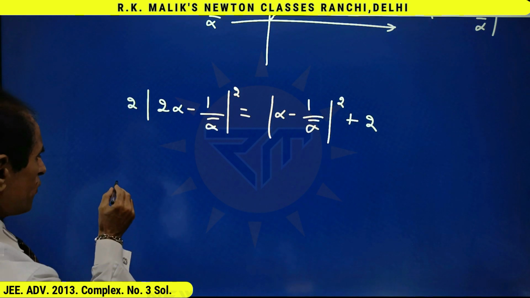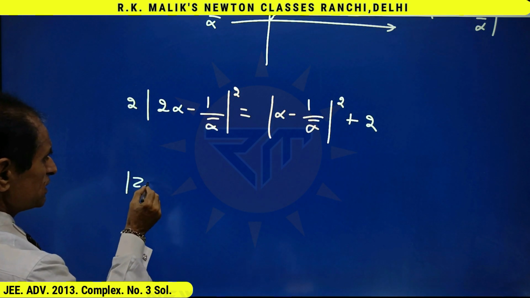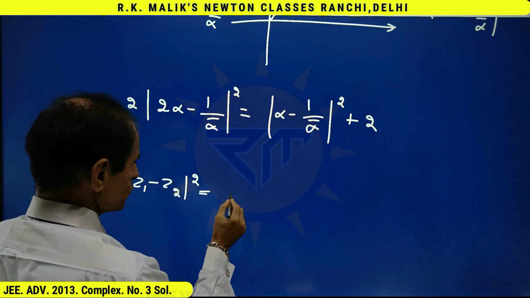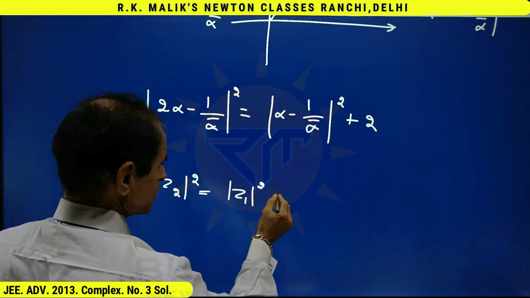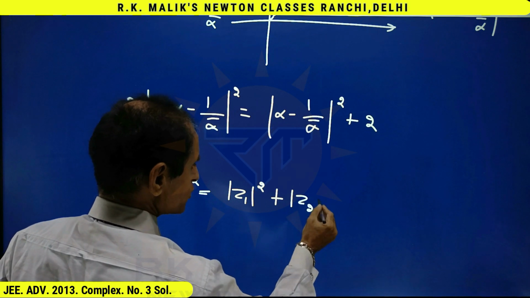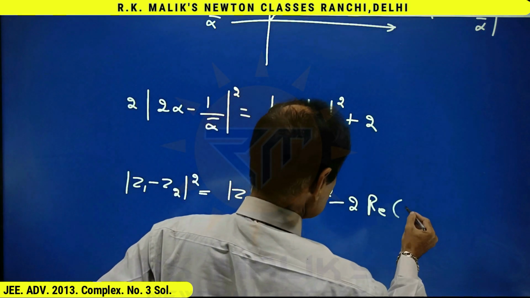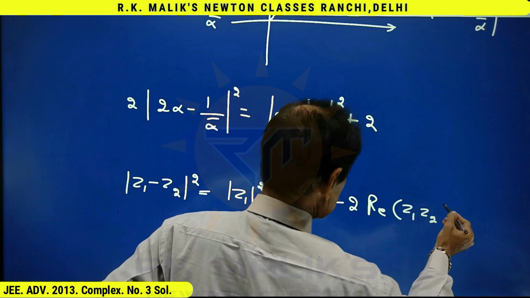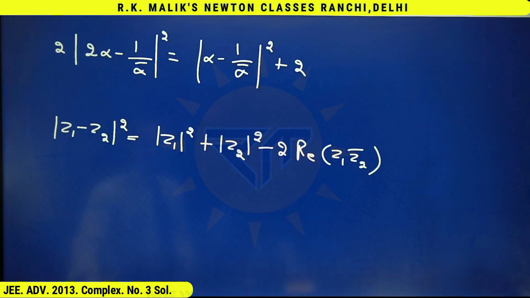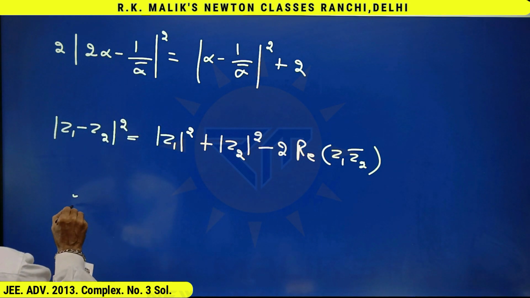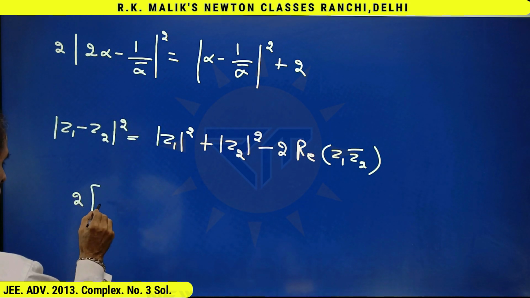And now, using the formula that mod of z1 minus z2 whole square is equal to mod z1 square plus mod z2 square minus 2 times real part of z1 z2 bar, and using this formula, I reach at the conclusion that 2 times mod of